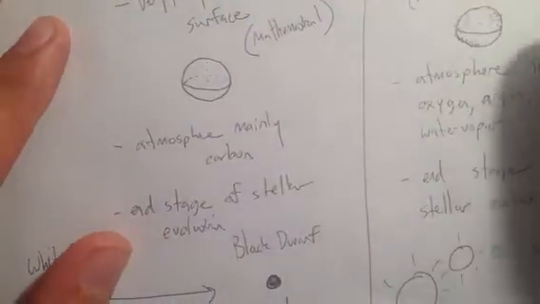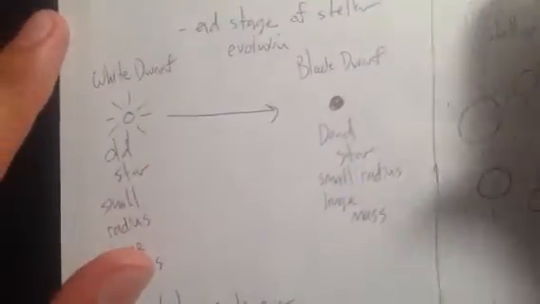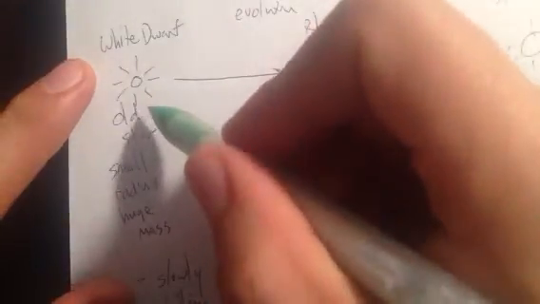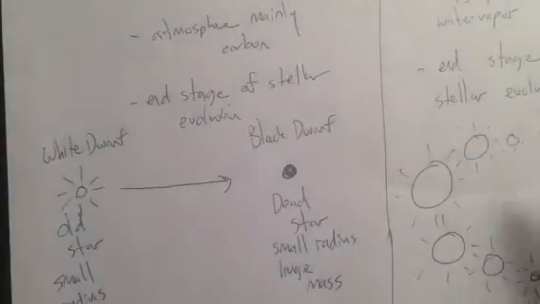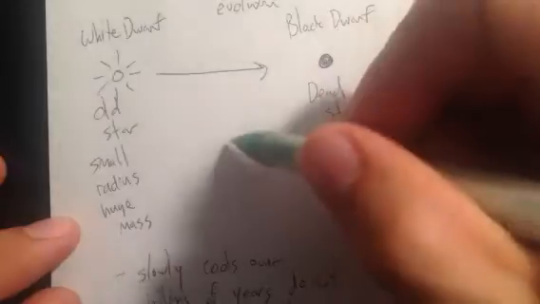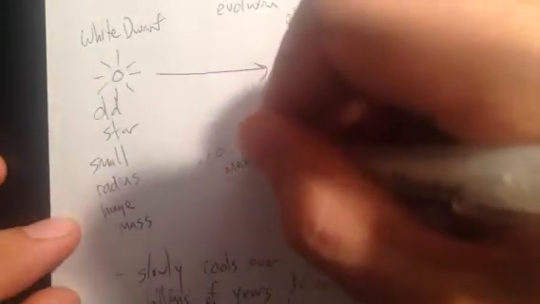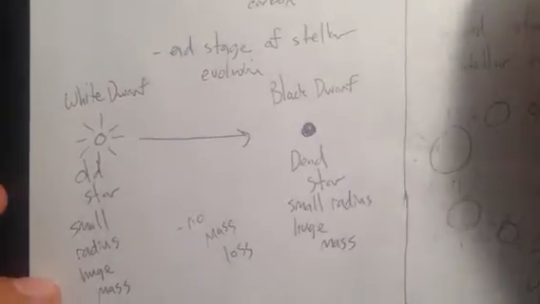Black dwarfs, their atmospheres are mainly carbon, and that's also theoretical. They are the end stage of stellar evolution. To them, the white dwarf is an old star, and it cools and becomes a black dwarf, which is a dead star. They both have very small radiuses, and they both have huge masses. So that's another thing. There's no mass loss with this transition. So you have huge mass, small radius, huge mass, stops shining, still the same radius basically,